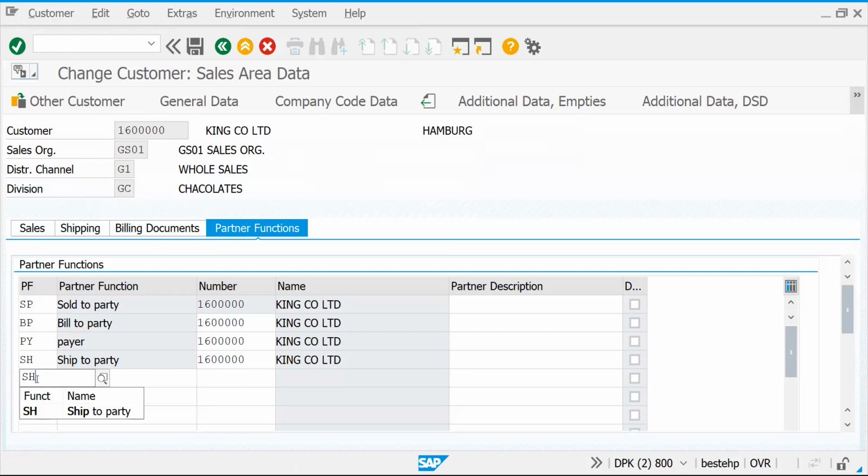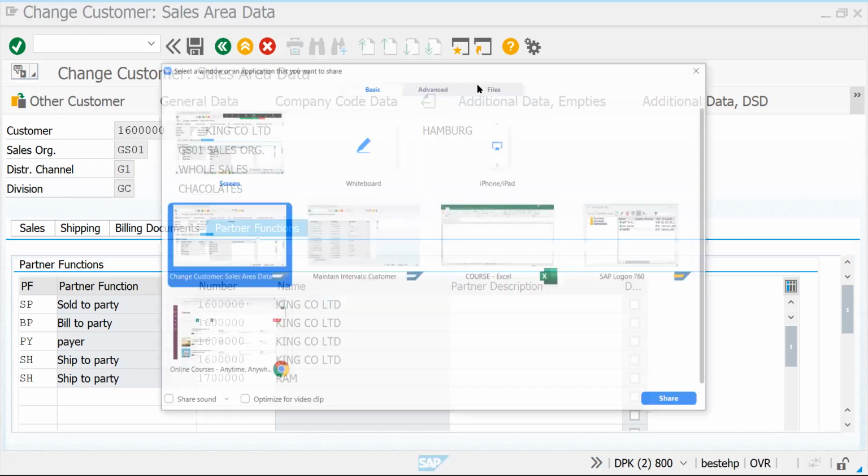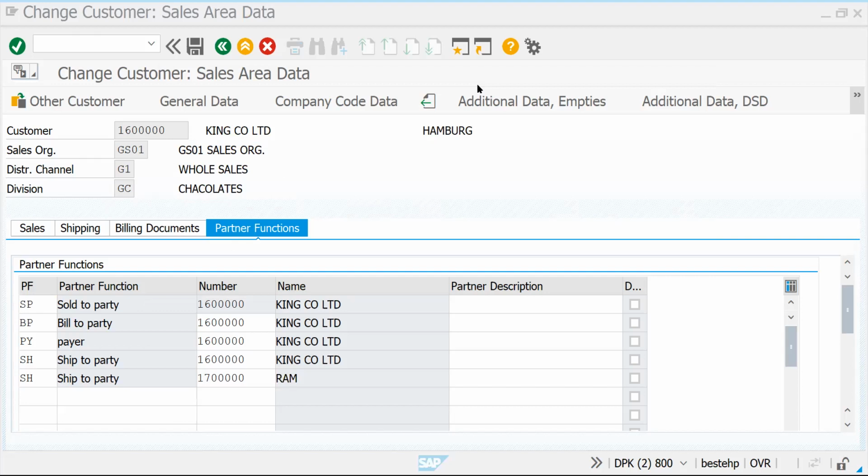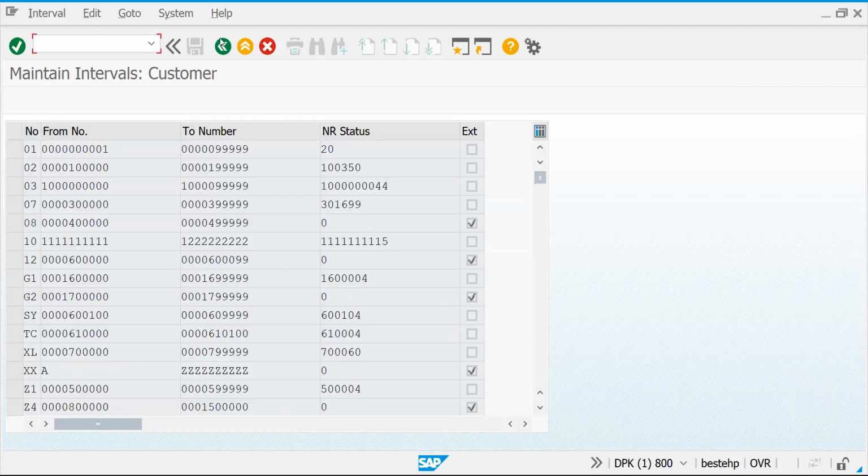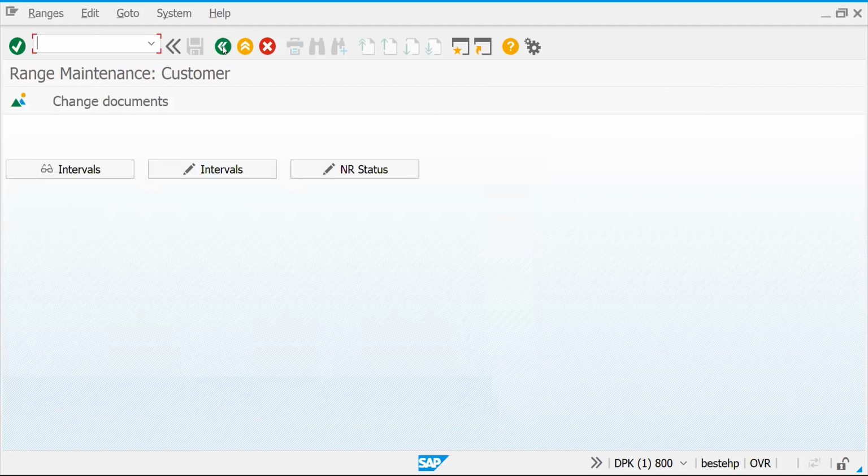I'll just keep it as an additional ship to, like, I have multiple locations for my product. Whereas sold to is unique, you cannot modify it. That is the difference in configuration. Now let's go back to the configuration.